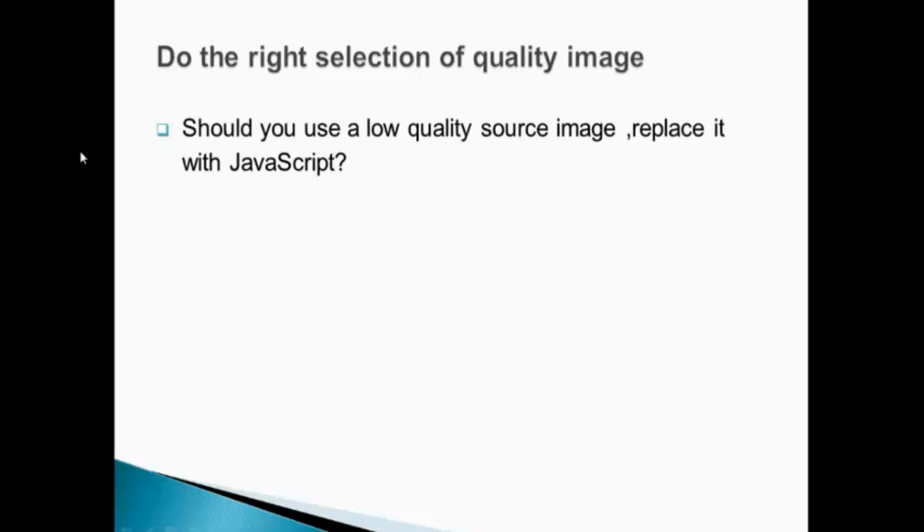Now we shall discuss the first option: should we use a low quality source image and replace it with JavaScript? It is true that you could use a normal resolution image in the source and then replace it with the higher resolution image with JavaScript when you programmatically detect a device pixel ratio greater than 1. However, this means that you would be downloading the normal image and then a high density image on all high density devices.